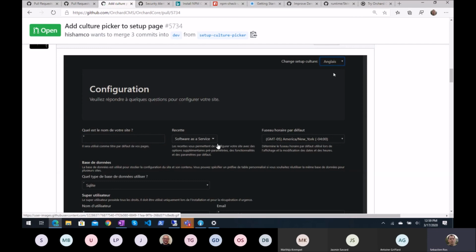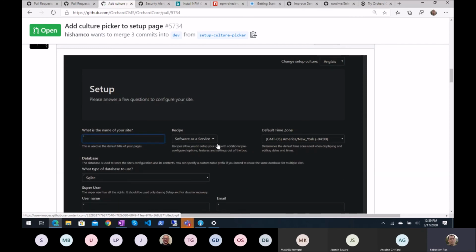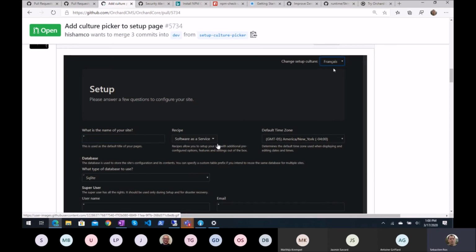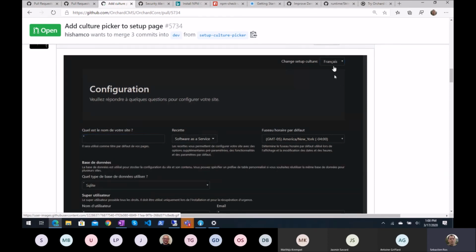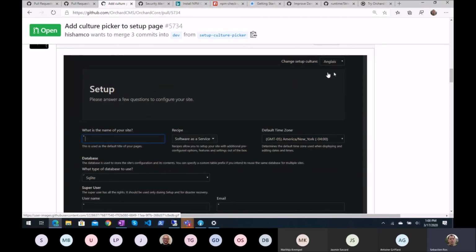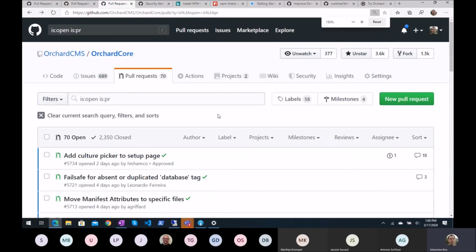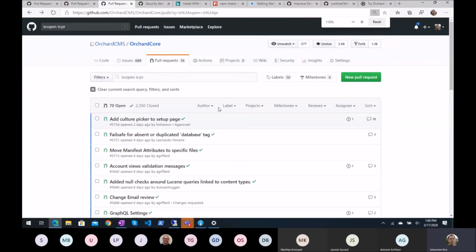But I would still expect that it's selecting your preferred cultures from the browser settings, and then you can still switch to the supported cultures. So I have some comments on that, so not merging yet.